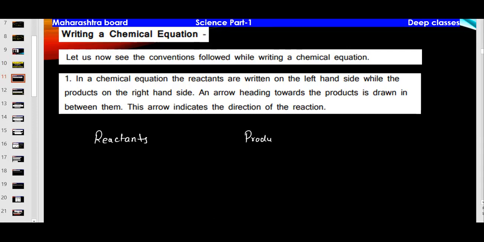Now product doesn't mean that we are talking here about multiplication. Please don't bring mathematics here. Product means it's the output. Reactant is the substance you use to do the reaction, and whatever you get as output or the result we call it products. Okay, that's the first point you should remember about the convention while writing the chemical equation.